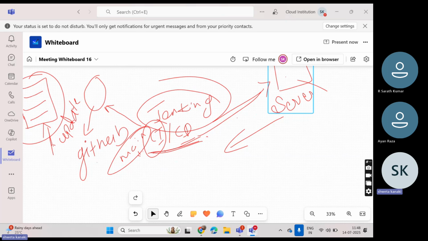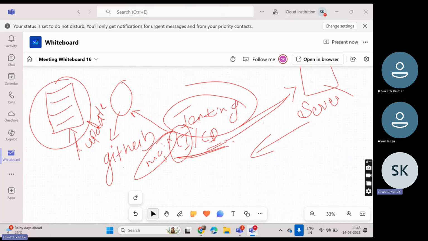Whatever the pipeline, you won't be working on the whole thing, only some of the things. You can't work on multiple things, but you have to know what all the things will be. So only Jenkins I told. There is Kubernetes, and also we will be using Docker to make containerization. Everything must work, and then only we can go for the next step. That is the reason the most in-demand role is DevOps engineer.